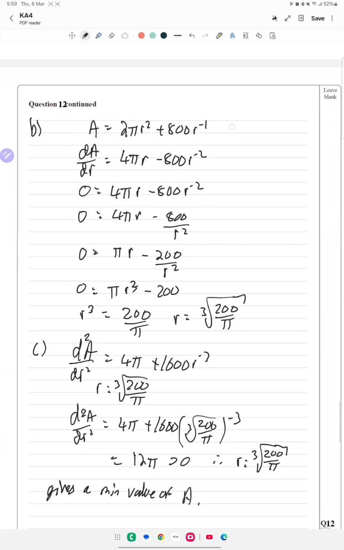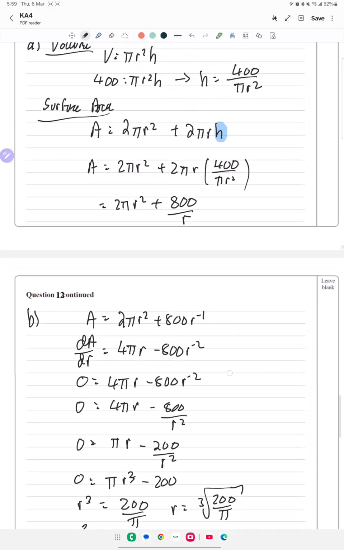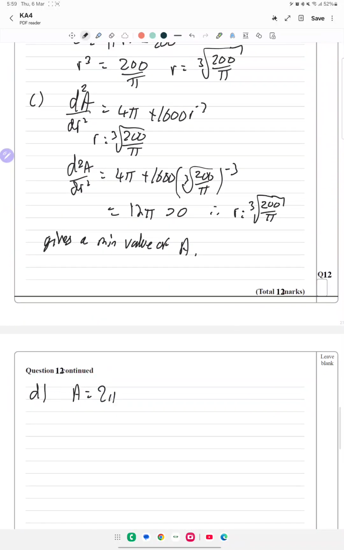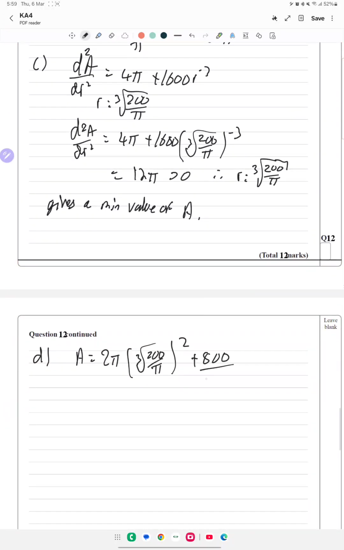Part D. Calculate the minimum value of a. So that is just subbing that back into the original. So it was 2 pi r squared plus 800 over r,